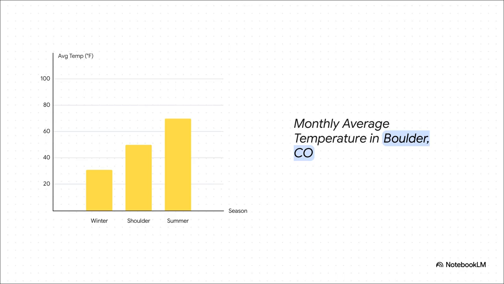Okay, let's make this real. Take a look at the average monthly temperatures in Boulder, Colorado. You can see the pattern immediately, right? It gets warmer in the summer, colder in the winter. That's a classic seasonal rhythm. But look a little closer. It's not a perfect, smooth curve. Some winters are colder than others. Some summers are a bit milder. And that messiness right there, that's what makes this whole thing such a cool puzzle to solve.